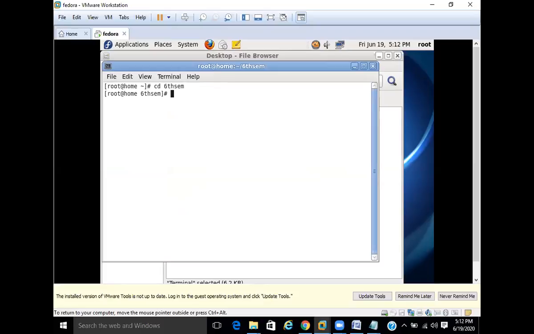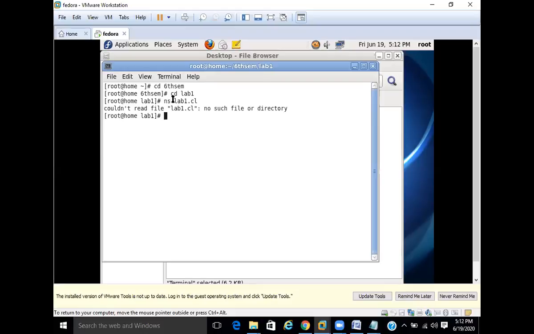Then your program is in lab 1, so type cd space lab 1. Then you need to run lab 1 dot tcl.